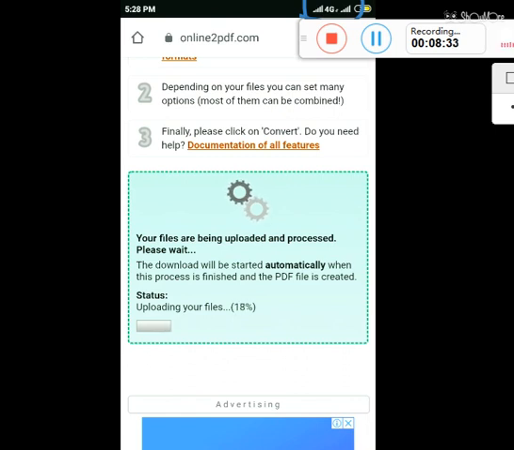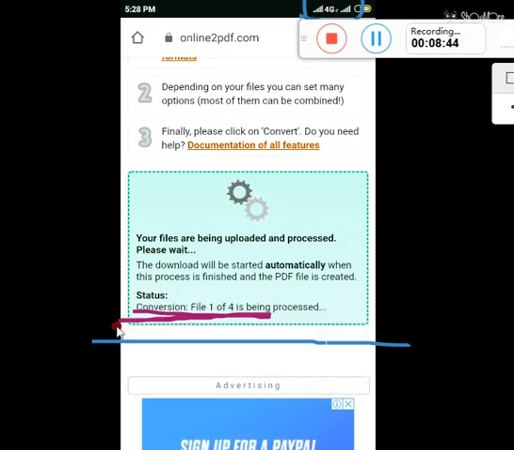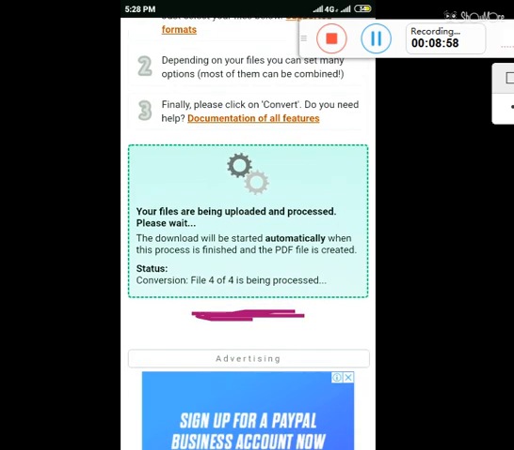So you can check the speed now. This is the speed of mobile data. I was using Wi-Fi earlier. So uploading your files, these four files are now uploaded, and now it is conversion. You can see here conversion file 2 of 4. So file 2 is converting now, then file 3, then file number 4, and after that it will automatically